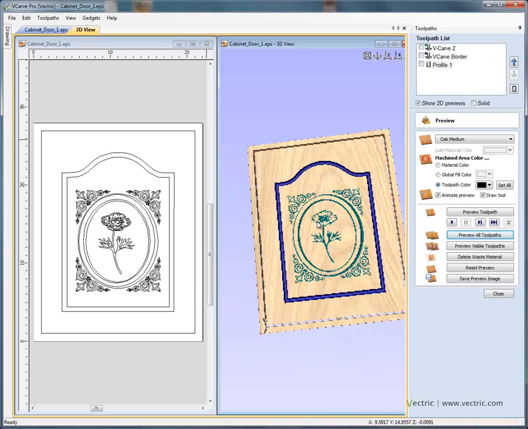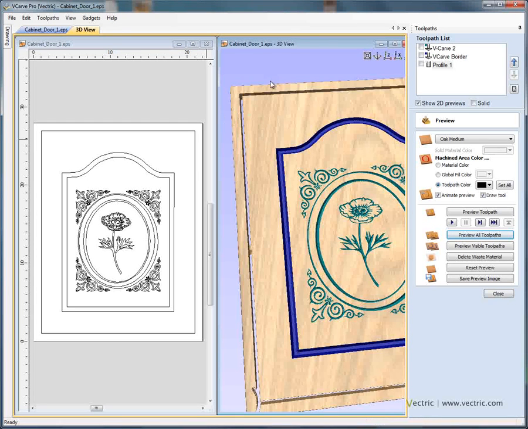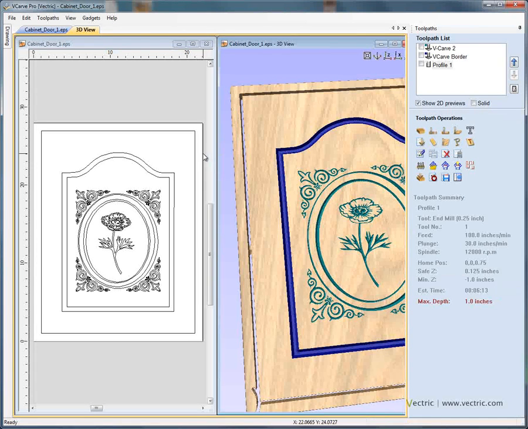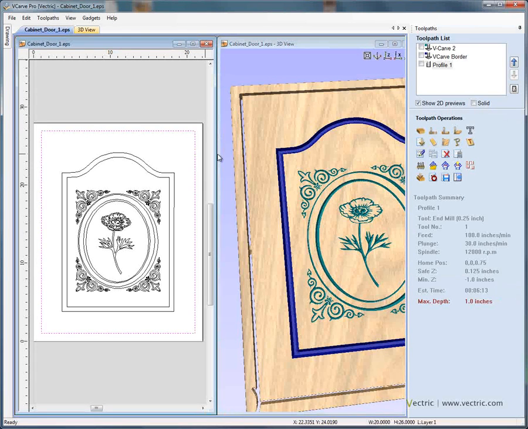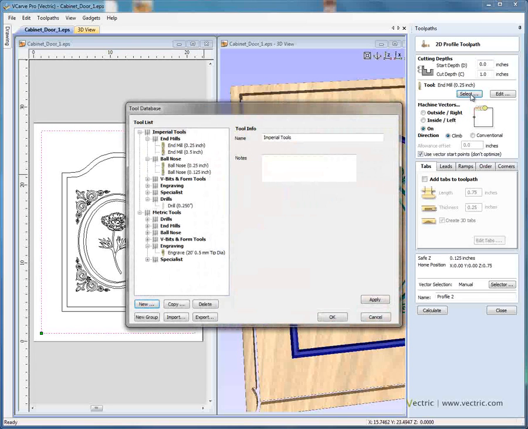Okay, but we may wish to add a decorative edge to this. So if we've got an ogee cutter or a round over cutter, we could use that to form a nice decorative edge on the panel. So to do that, we're going to say close. With the outer rectangle selected, another profiling toolpath. This time we're going to say profile with the tip of the cutter on the selected vector. Select a cutter. If we come along to the tool database,